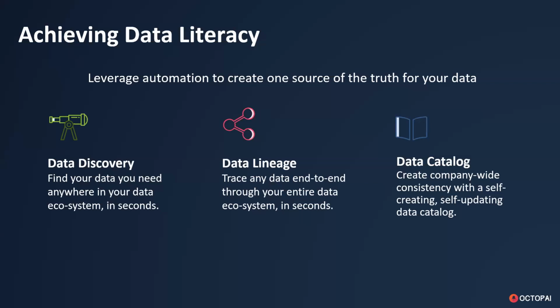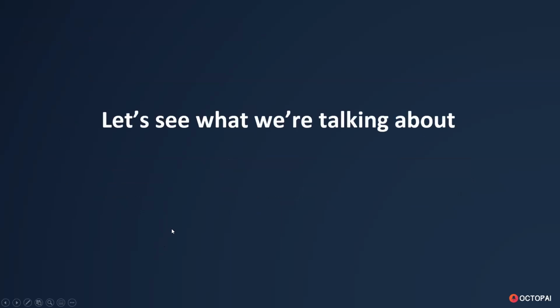Octopai automates creating data discovery, which describes where data is used, and data lineage, which describes how data flows through the different systems, what the sources of the data are, and what happened to it. It most commonly serves use cases such as root cause and impact analysis. We'll take a brief look at that if we have some time. But today we will dive deeply into the data catalog. So let me go ahead and share a demo.